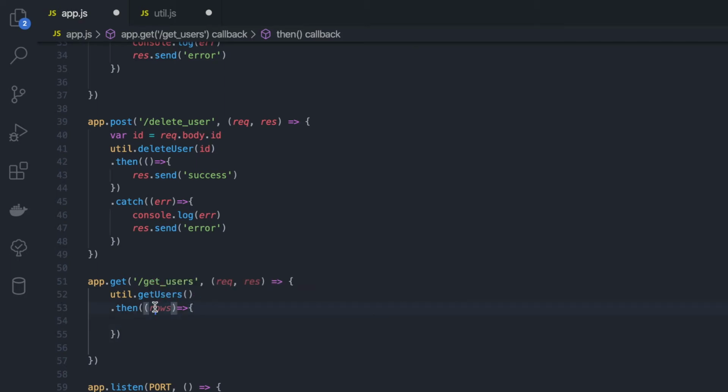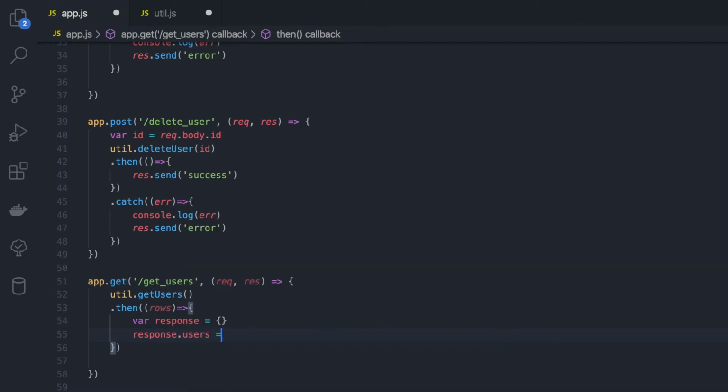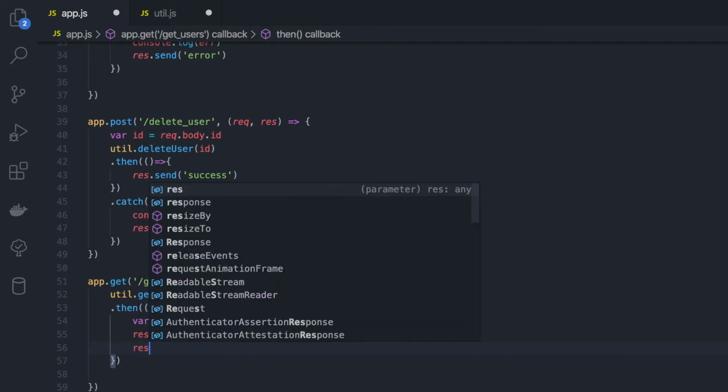So then the function here will return the rows. I'm just going to send the rows as JSON. I'm going to create a variable called response, make it an object, and say response.users equals rows, and I will send